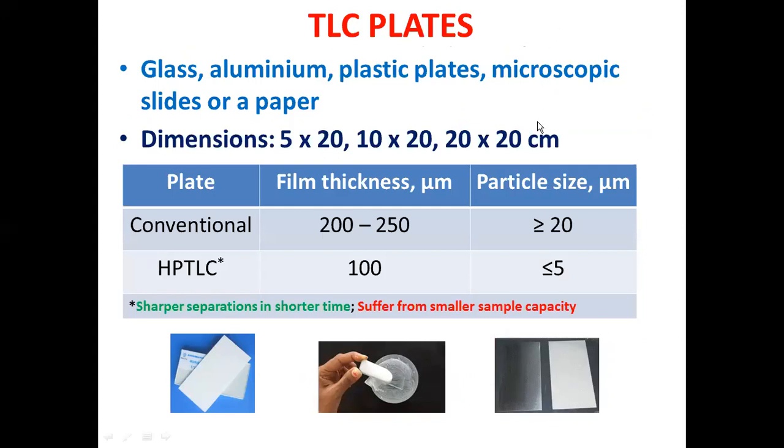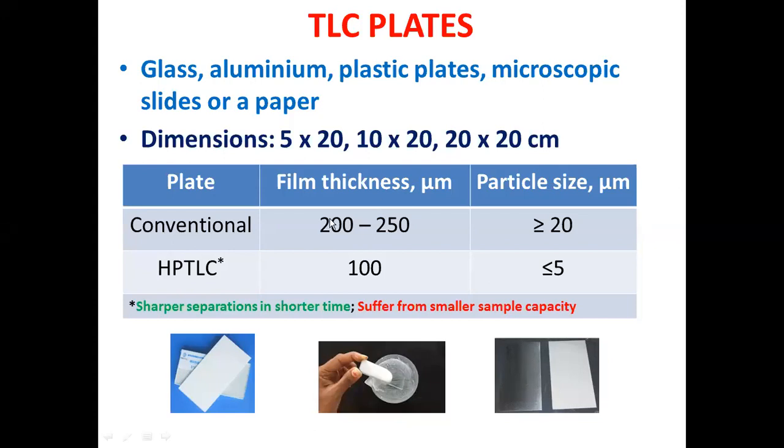Okay. So apart from these stationary and mobile phases, the objects used to immobilize the stationary phase are plates, TLC plates. These TLC plates are normally glass plates, particularly microscopic slides. All of you have seen microscopic slides. Aluminum plates we can use, plastic plates we can use, and whatever plate you are going to use, they will be either in rectangular shape or in square shape. So if we are going to perform the conventional thin layer chromatographic technique, we will be using rectangular TLC plates, whereas where two-dimensional chromatographic separations are going to be performed, square TLC plates are used.